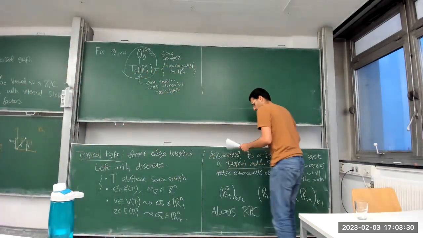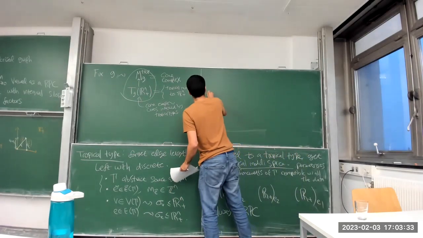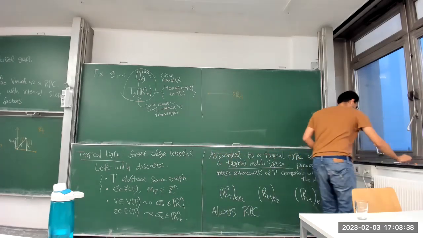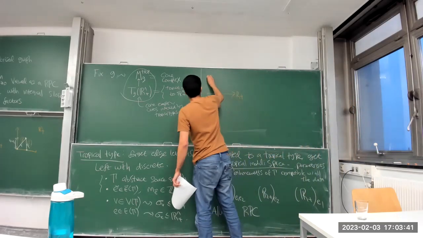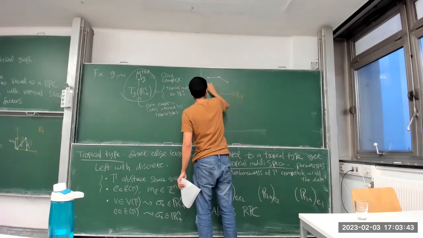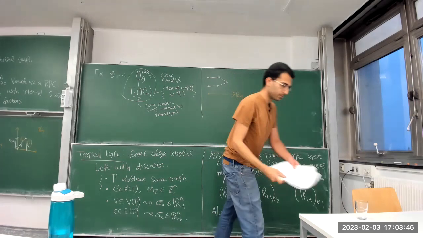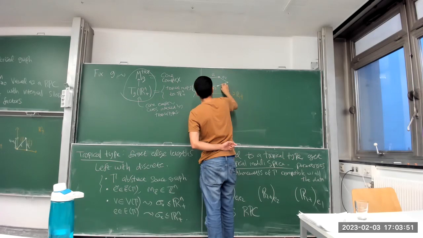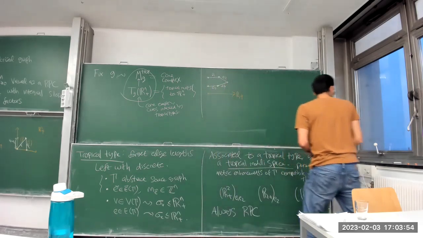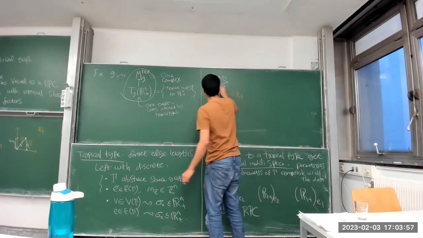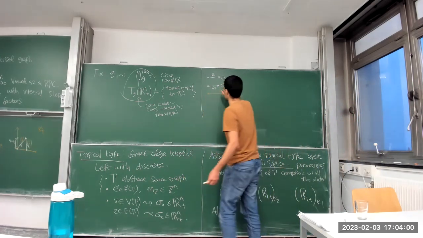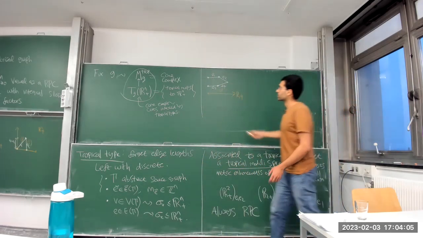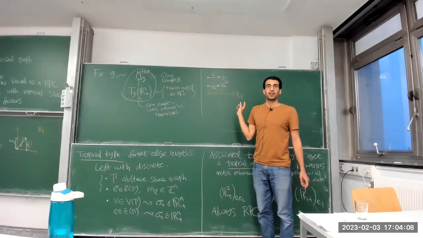So I'm going to define another tropical type. I'm going to take a map into R_{≥ 0} again, and my graph is going to look like this. So I have 4 edges, so I have 4 lengths associated to them. And I'm just going to take all of the expansion factors, so the slope vectors are just numbers here, and I'm going to take all of them to be 1 in this case. Okay. So now what you see is that I'm allowed to choose these 4 things independently,